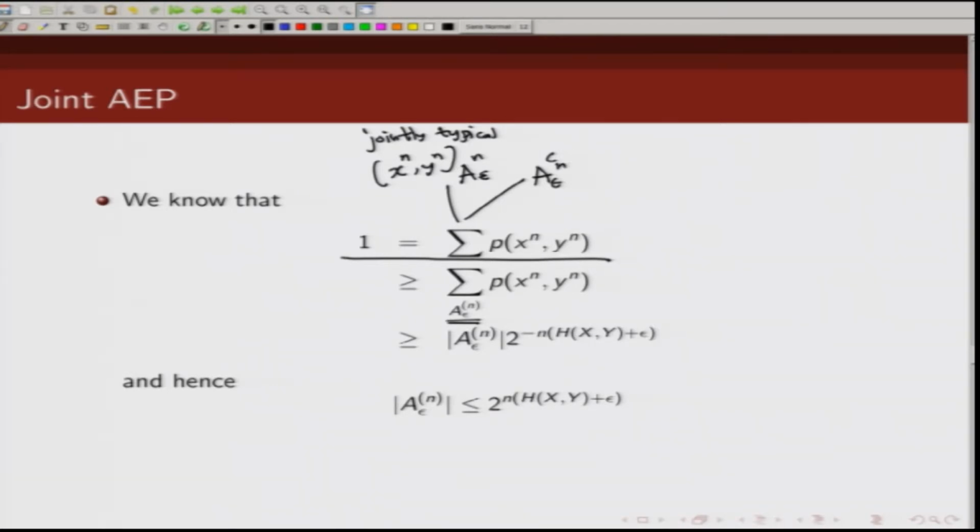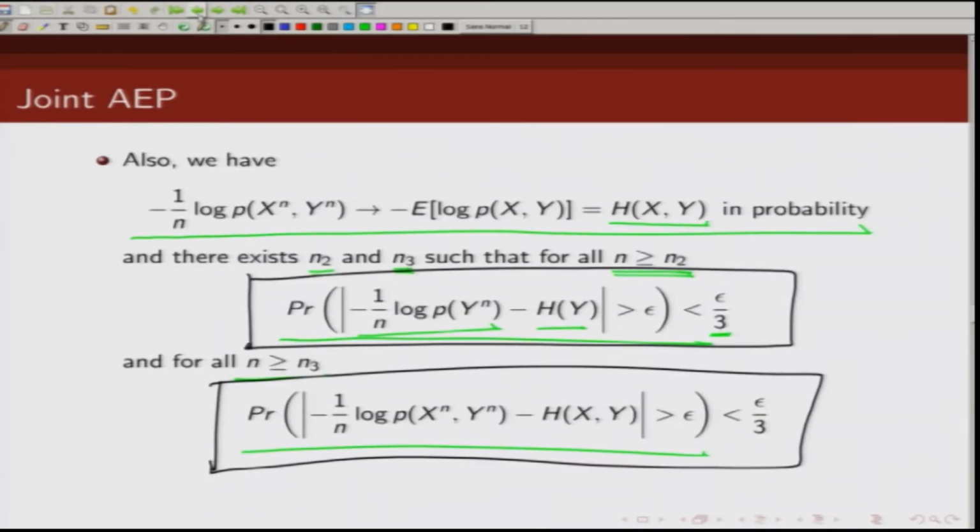So if I sum over only the jointly typical set, this summation should be less than or equal to 1,